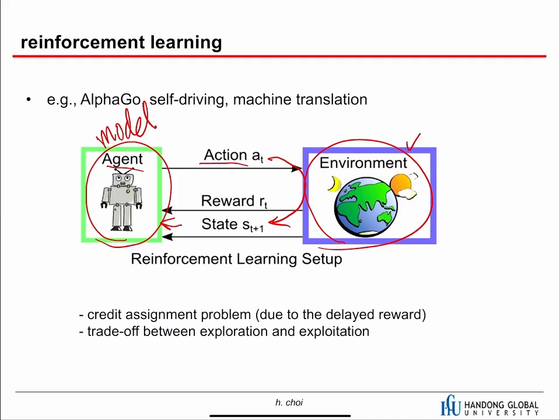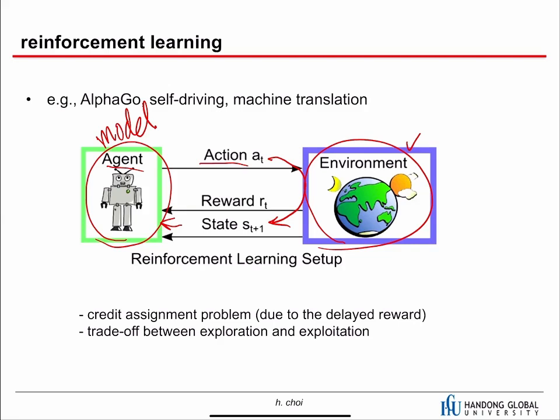Think about a self-driving car. In a self-driving car, the action is something like steering the wheel, accelerating, or pushing the brake pedal. So if we do something, then our next input will be different. If we steer the wheel to the left, then we can see the next side of this road. Or if we turn to the right, then we are going to see the right side of this road. So the input will be affected by my current action.